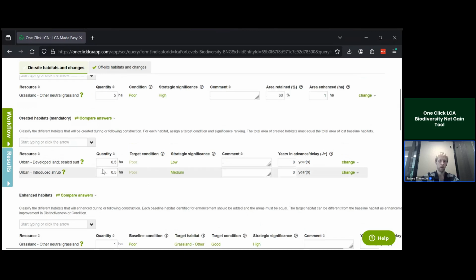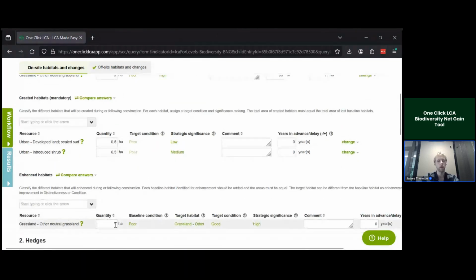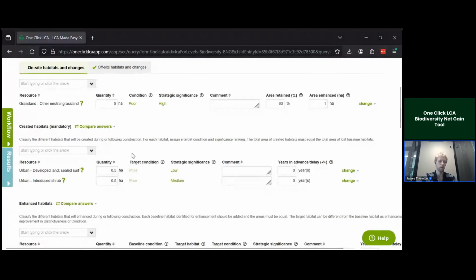With enhancement, the 1 hectare needs to be 1 hectare. Like, we can't really chop and change them. Like we said, we're going to enhance 1, so that whole 1 hectare should be enhanced as 1. However, for creation, you could divide it into as many different pieces as you want, as long as the total matches that 1 hectare. So we could have like 10 different habitats on here, all 0.1 hectare in size. But for simplicity,